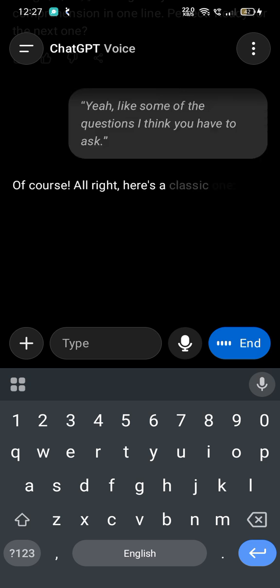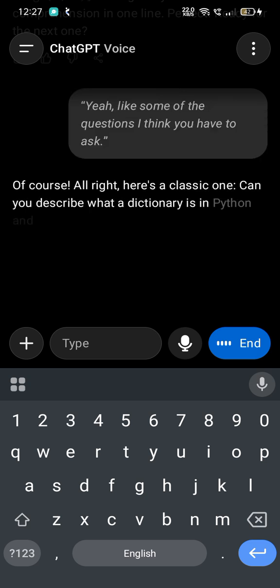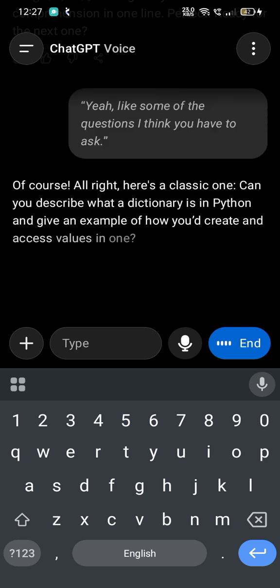Of course. All right, here's a classic one. Can you describe what a dictionary is in Python and give an example of how you'd create and access values in one? Dictionary, it's a kind of data structure where we store our values,